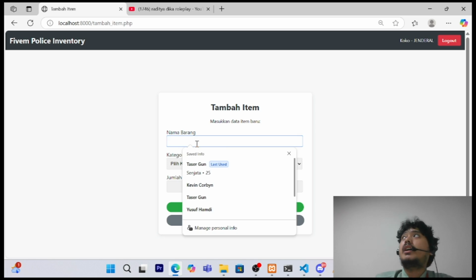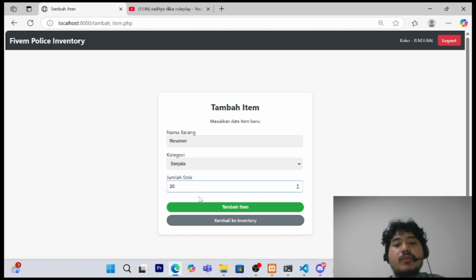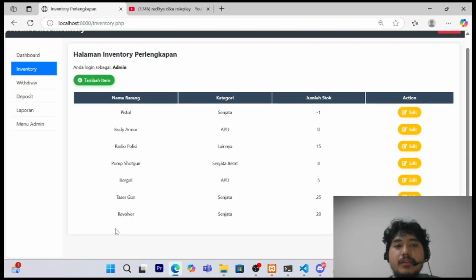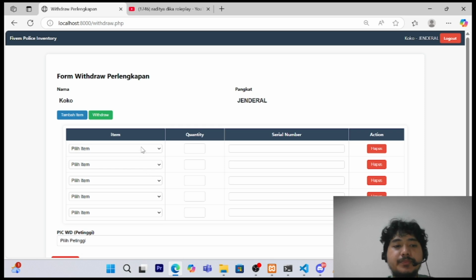Okay, so we just try to make another item with this add item button. Maybe we will add a revolver, a gun, and the stock. The first stock is 20. Okay, it's added to our inventory. And as a member, if you would like to take the revolver, you go to the next feature, the withdraw feature.